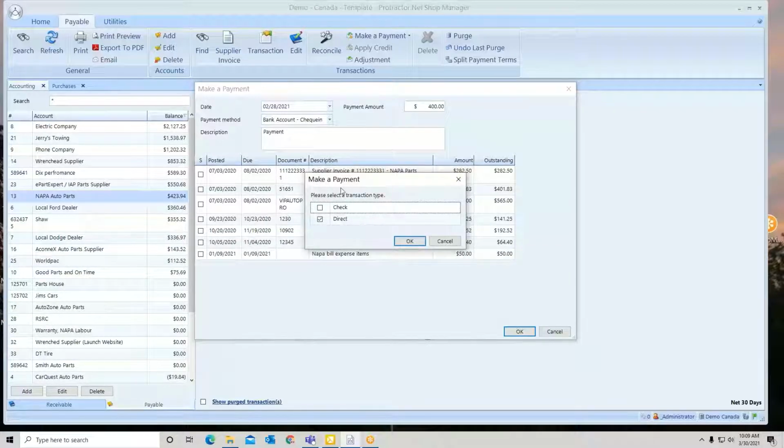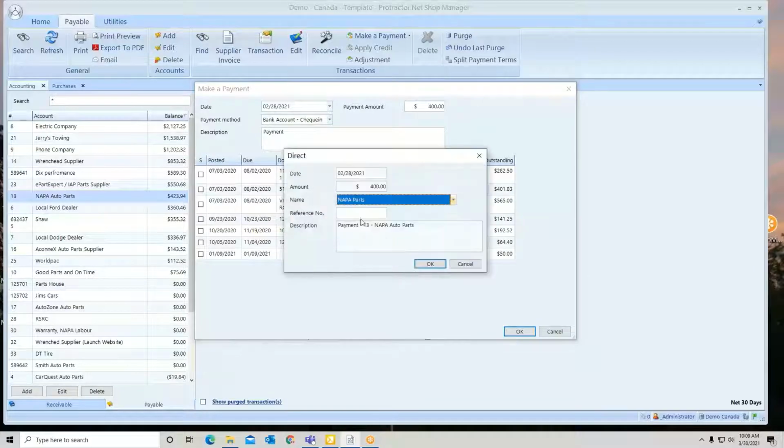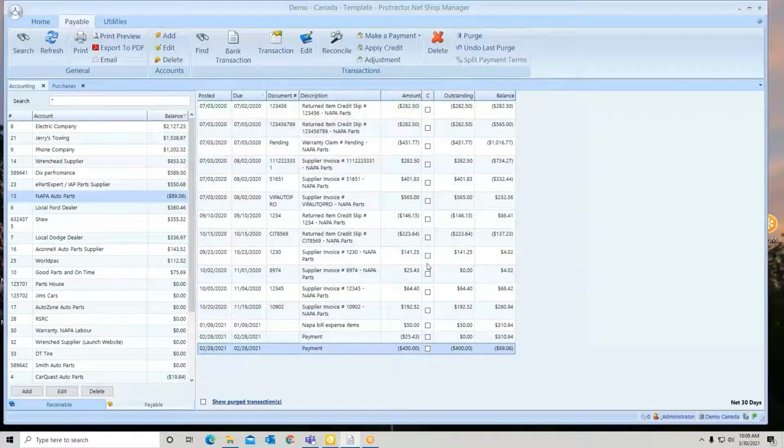And since I'm doing it from the bank account, it's going to ask me, is it a check or direct online? Then again, I can put a little reference number or something here. Hit OK. Now I've made the payment. So here's my payment. Now I have this $400 credit sitting in my payable, and I need to go apply